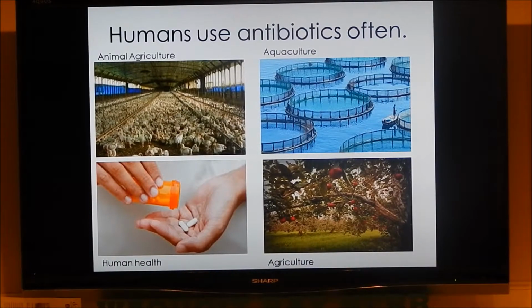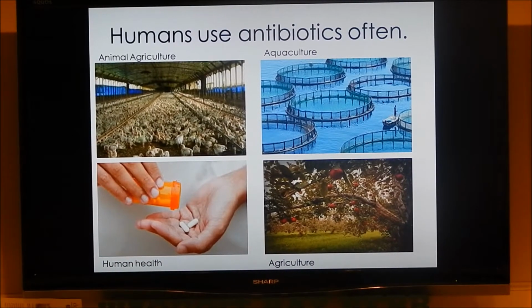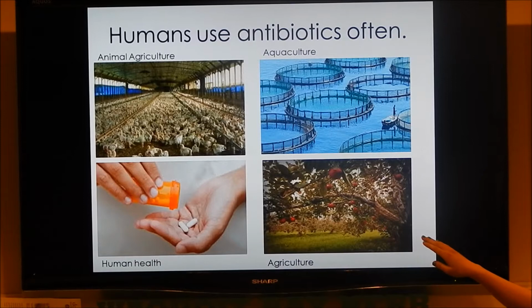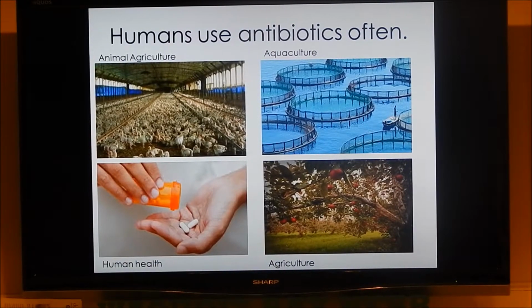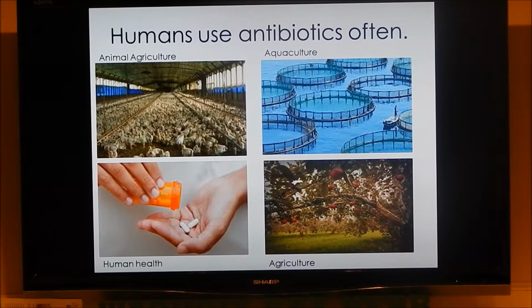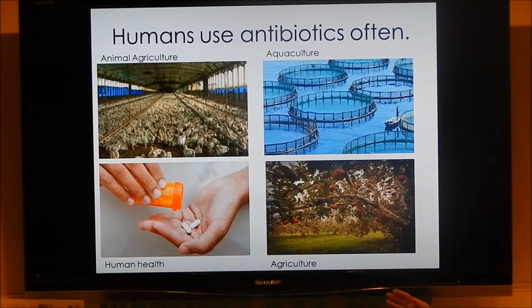And also it helps for infections too, because if you think about how packed farms can be, like this picture of all these chickens here, you can imagine that if one chicken got sick with some sort of infection, it would spread very quickly throughout the rest of the farm as well. So that's important to keep in mind because I think in general we tend to think about it as just being for human health, but that's not really where the majority of our use is coming from.